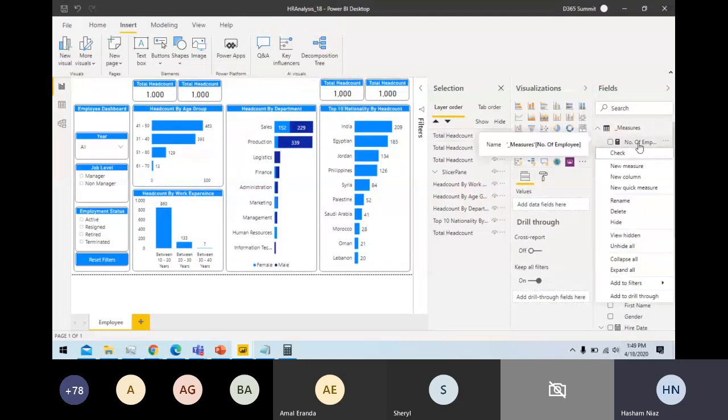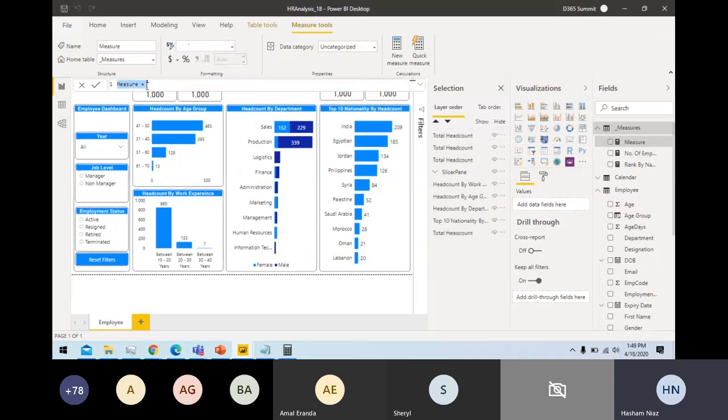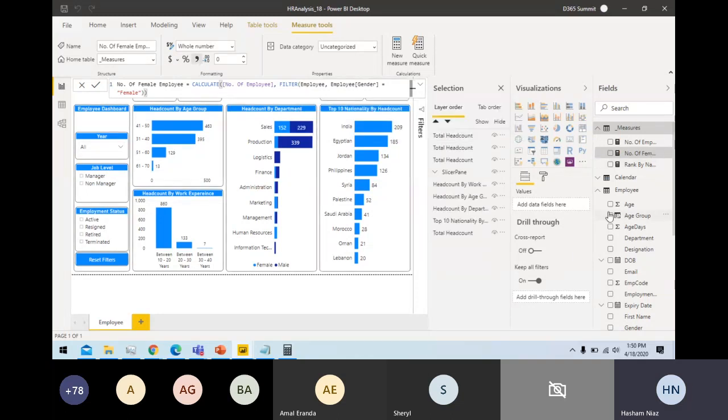I can go to the new measure tab. I create a new measure, and the name of the measure would be number of female employees. Okay, so now this will count the number of females in my model, and then I create another measure called number of male employees.